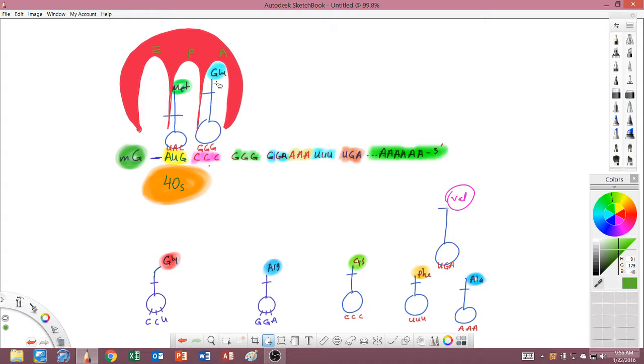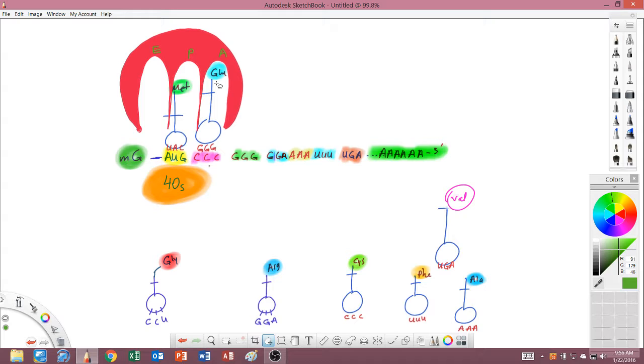And the only ribosome, first of all, that has the ability to make a peptide bond is what? The large subunit, 60S. Number one, write it down. Only 60S can make peptide bonds, the 60S of the ribosome in humans or in eukaryotic cells. And within this 60S ribosome, only the P site has the ability to make peptide bonds.